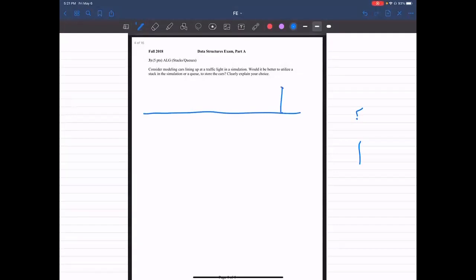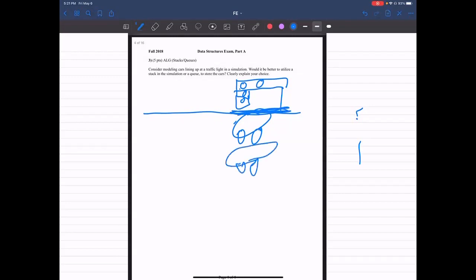So this is your light right here, or whatever they look like. This is a traffic light, and this is your car right here. If you're at the front of the line, do you want this guy to go past you first, or since you're closest to the stoplight, you want to go first? So another way, that's kind of like a bad explanation, but if you're at a line for Chipotle,